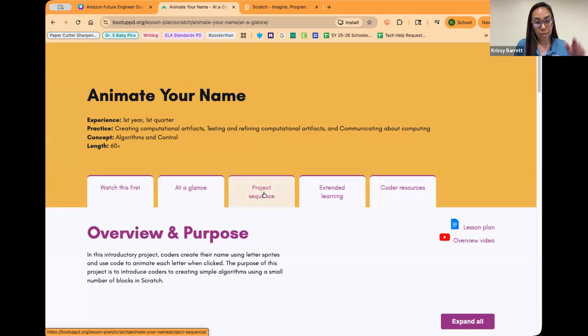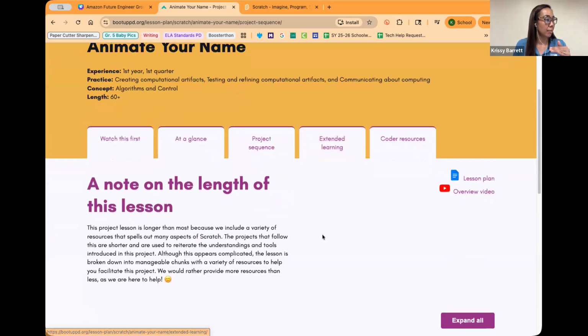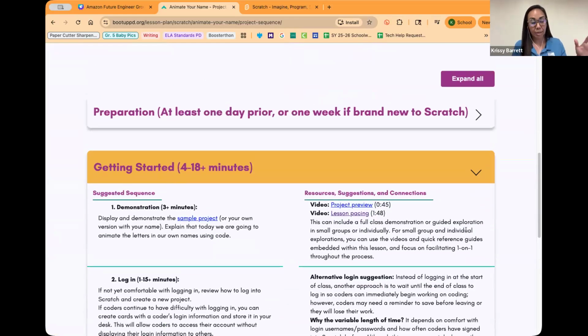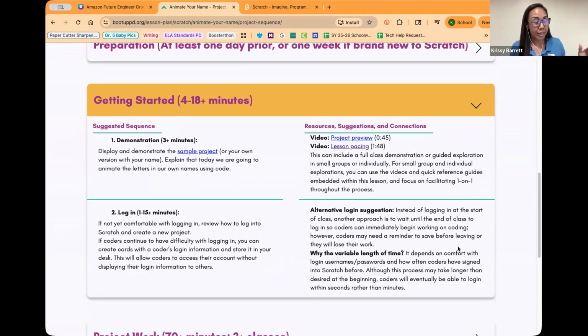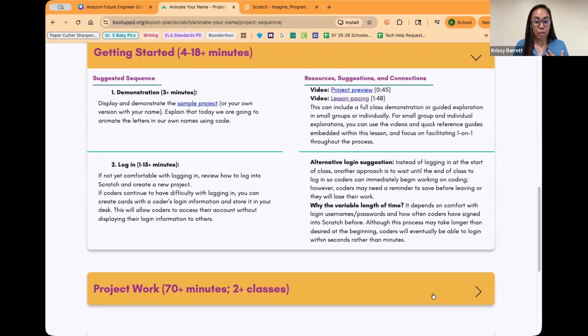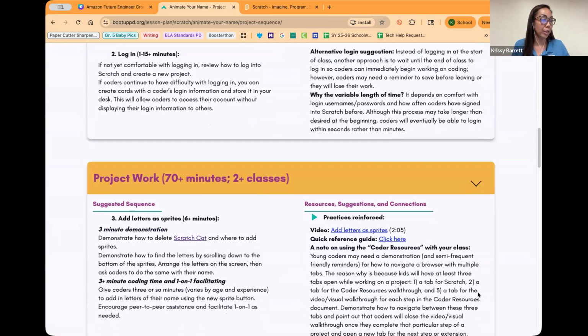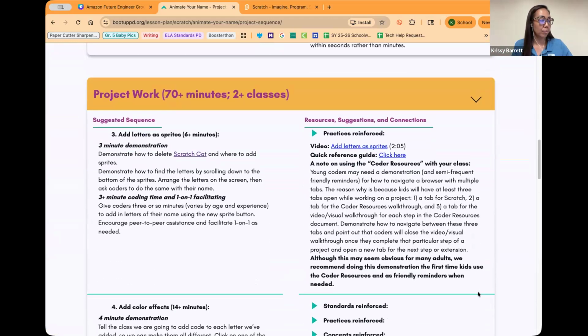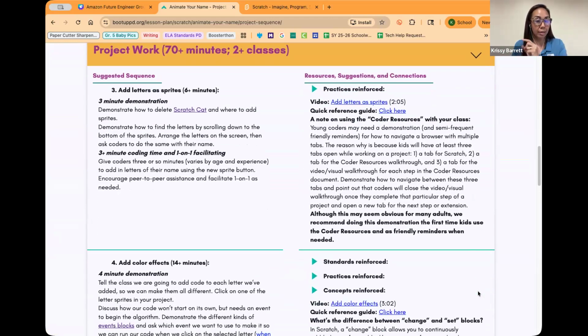Now the project sequence is like the lesson plan. It's the step-by-step lessons, with the lesson pacing pretty much down to the minute, and it's very flexible. Sometimes I replace some with other things, but especially for teachers who are not super comfortable with teaching computer science, it gives you a very broken down guide to instruct and teach students to help them get to that end goal, which was the video that we watched.